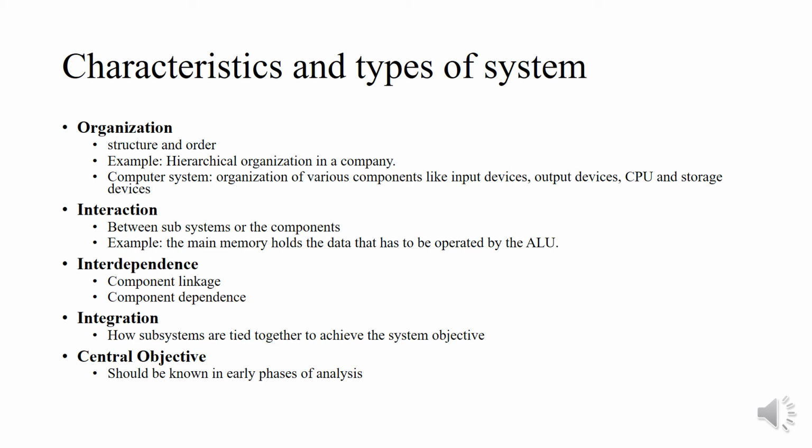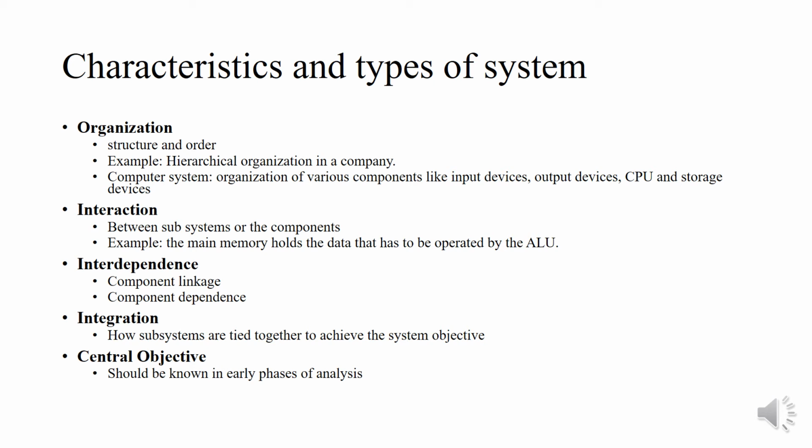Integration: how subsystems are tied to each other to achieve the same objective of the organization within the same environment. Integration is a very important part of developing software. If the system is complex, then there are many components which are developed independently. Using an interface, they can communicate with each other, because some components generate different types of output, and every component needs to understand what is happening.